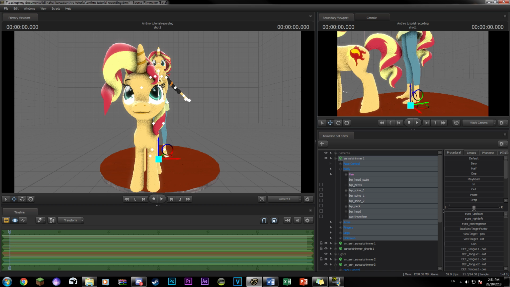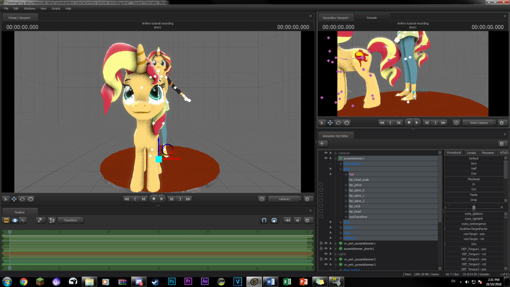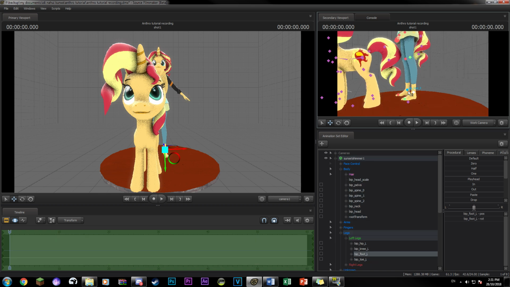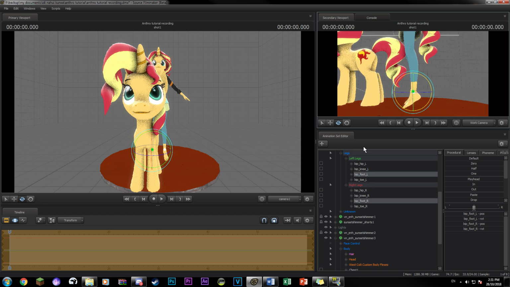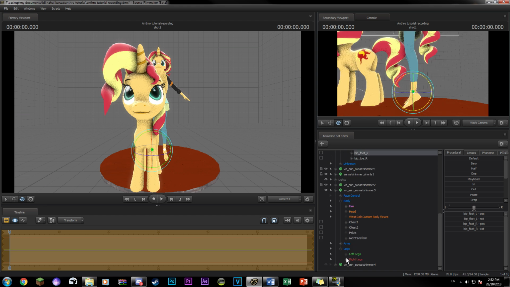Because of the way unguligrade legs work, they'll need to be rotated down a little bit as well. So select both of the feet, then press Shift E to enter world rotation mode and rotate the feet down approximately 45 degrees give or take. Now we can start adding the hooves and we'll start with the left foot.